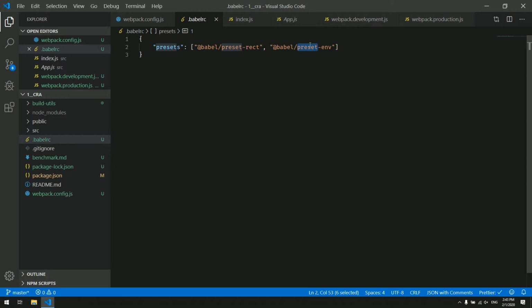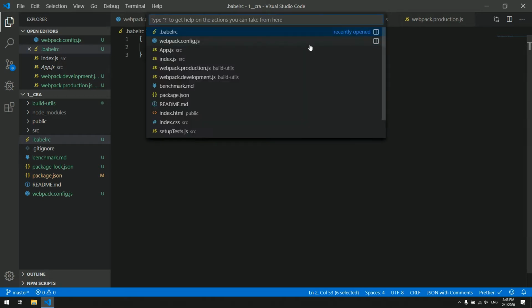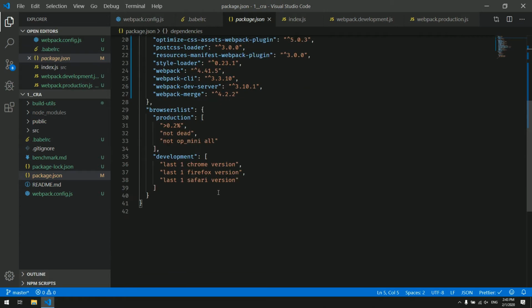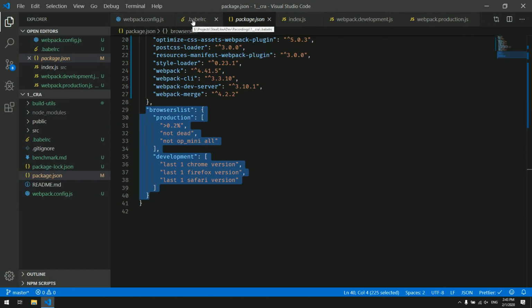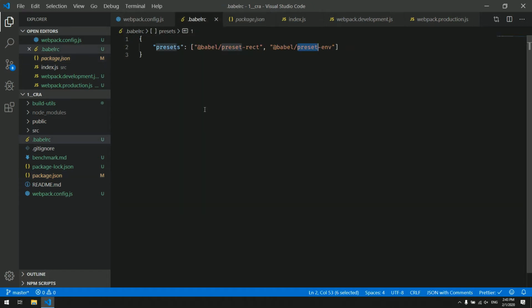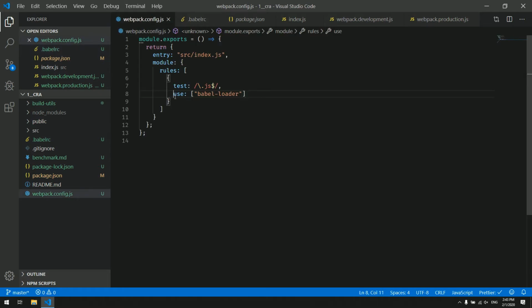And this browser list is already written for us by Create React App. If we go into package.json, you can see the defaults of Create React App. For production, we care about these browsers. For development, these browsers. Okay, so babelrc is going to handle this for us,